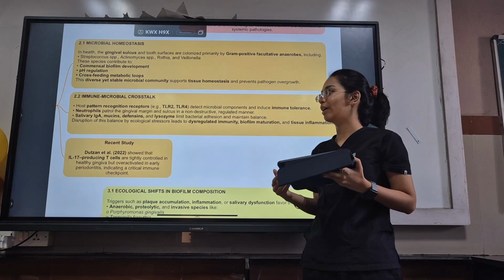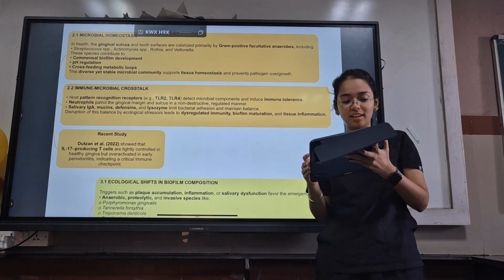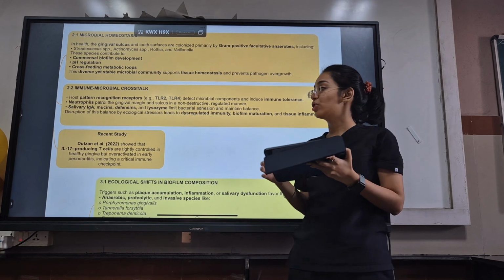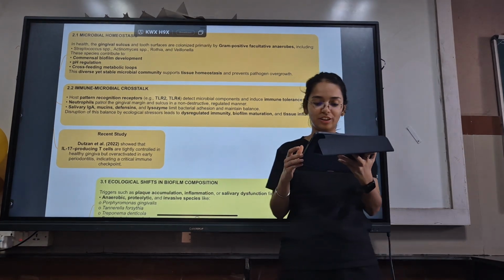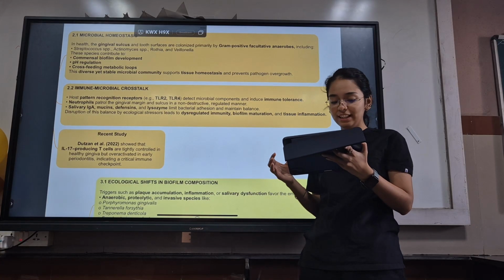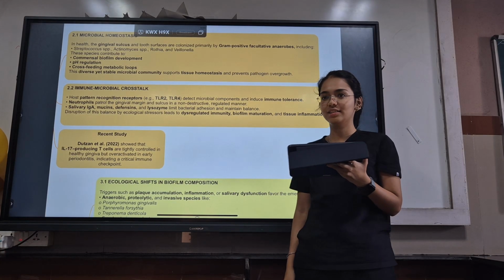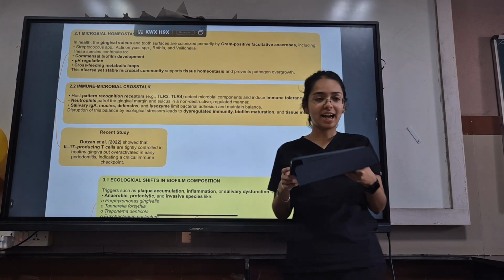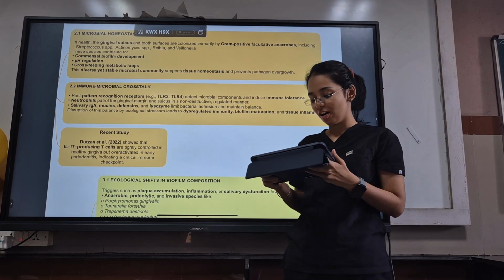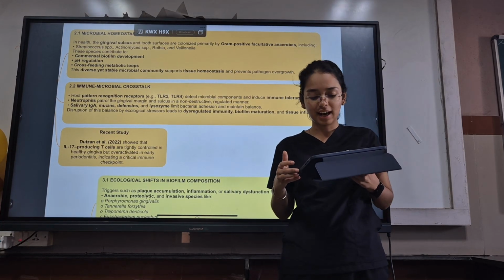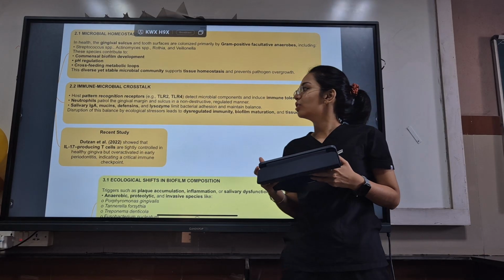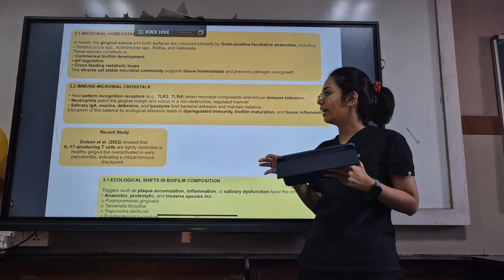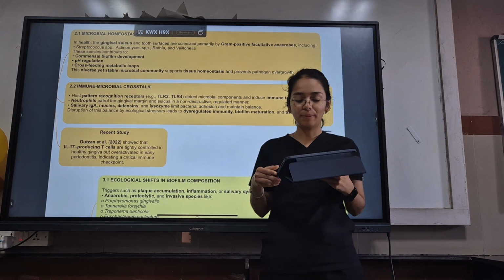There is also an immune microbial crosstalk involved. The host has pattern recognition receptors like TLR2 and TLR4, which detect the microbial components and induce immune tolerance. The neutrophils patrol the gingival margins and sulcus in a non-destructive, regulated manner. The salivary IgA, mucins and defensins, also the lysozymes, limit the bacterial adhesion and also maintain balance. So any disruption in this balance by any ecological stressors will lead to dysregulated immunity, biofilm maturation and